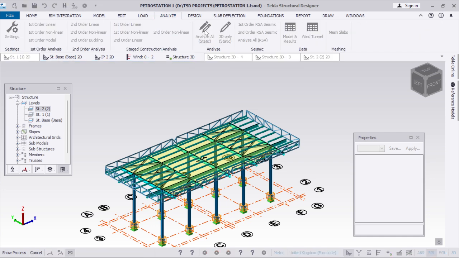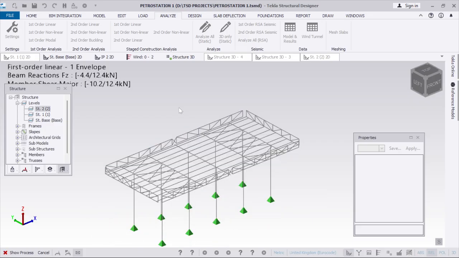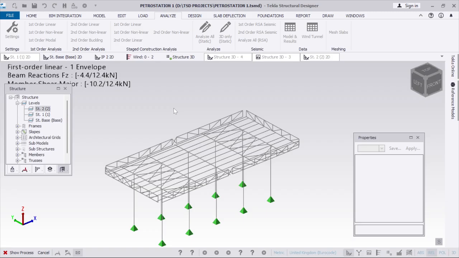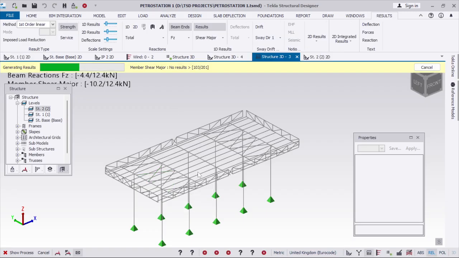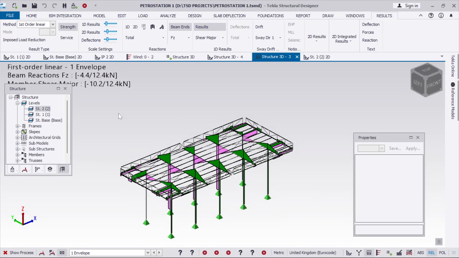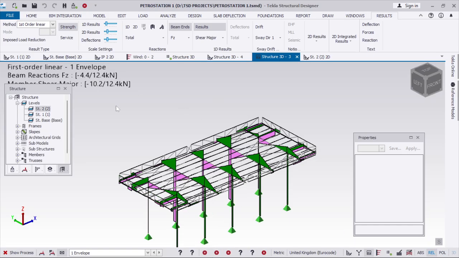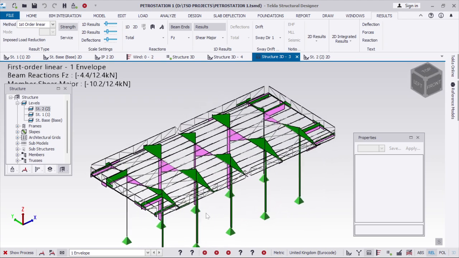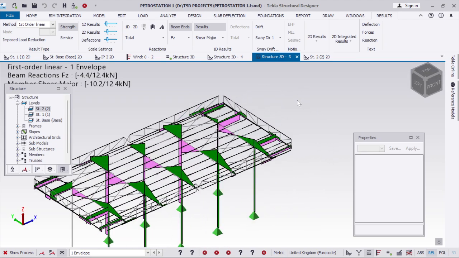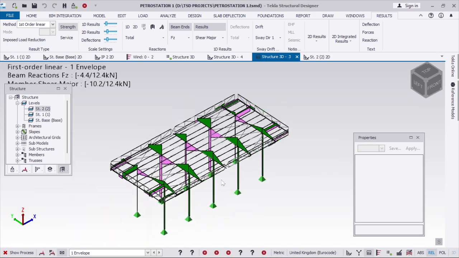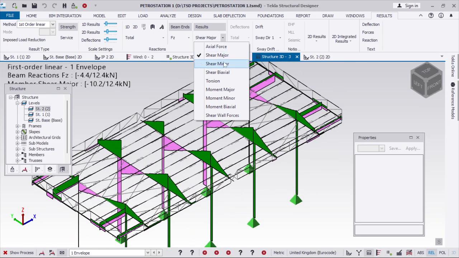click on analyze all. You're going to see how the structure is going to behave in response to the applied loads. And you can see these ones are now the shear forces. They're important because they help you to understand the behavior of this structure as far as the transverse forces are concerned. And also you can check your